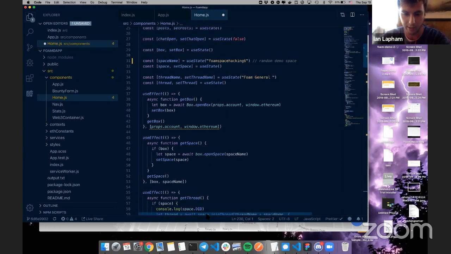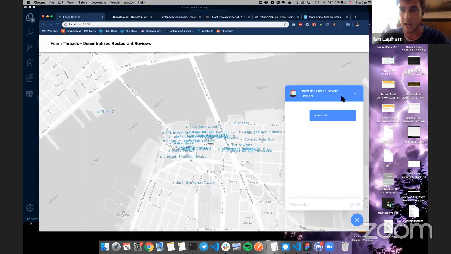I haven't exposed any API to get these reviews, but you can literally go into the space on 3box and retrieve those messages. So you can do that right now. You would just need to know the schema and the standards for the naming basically. And that would be something people would publish online, I imagine.